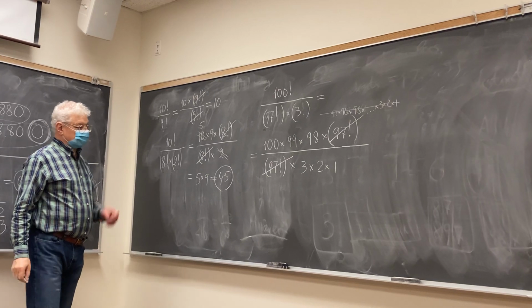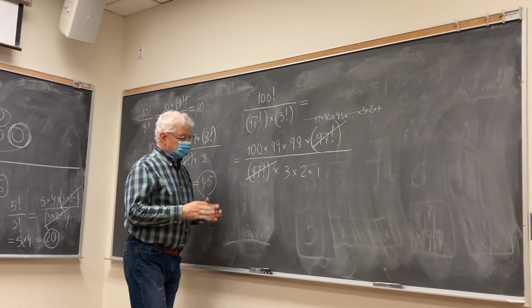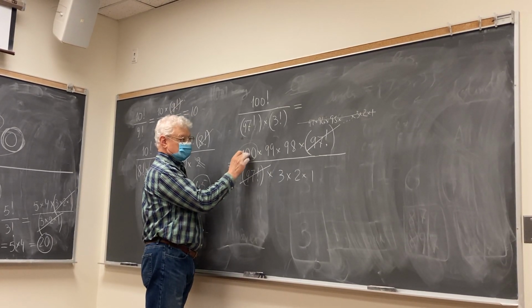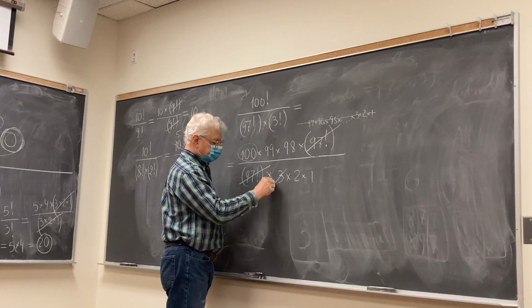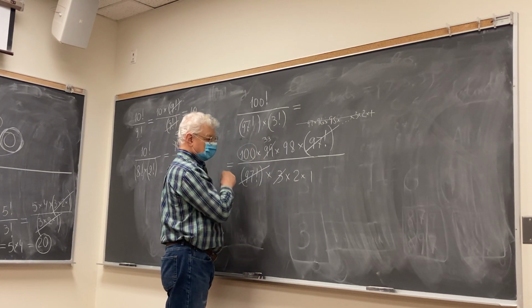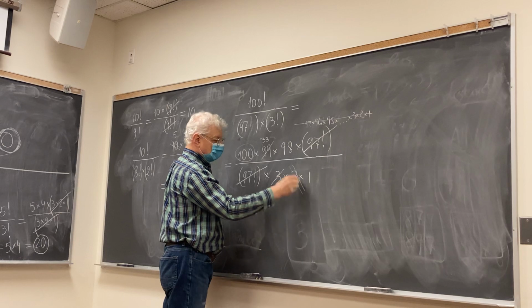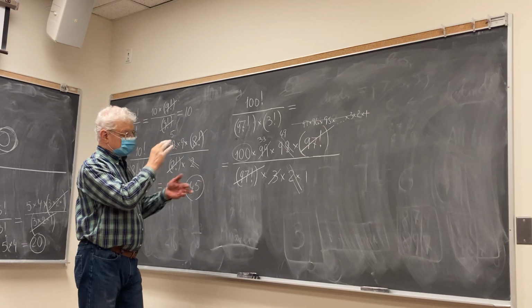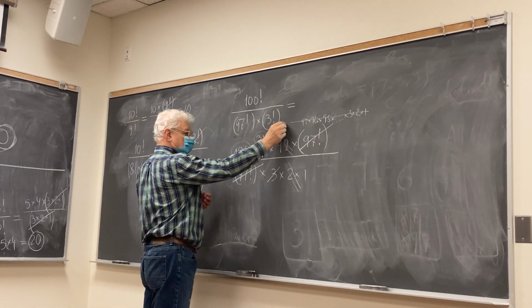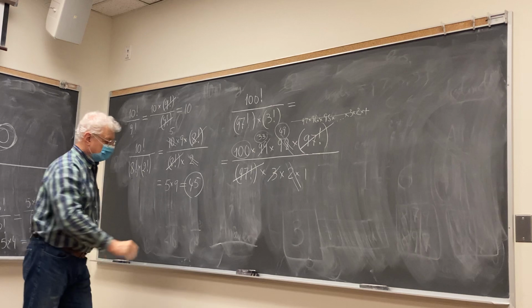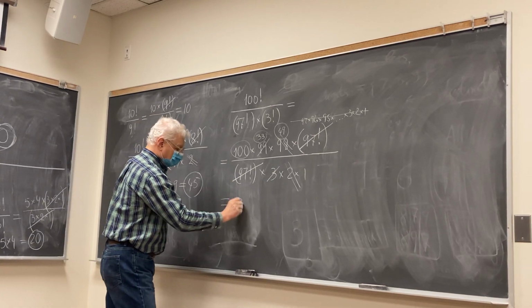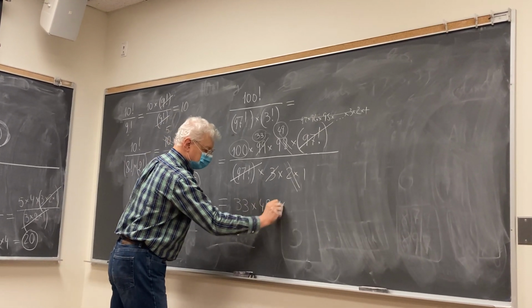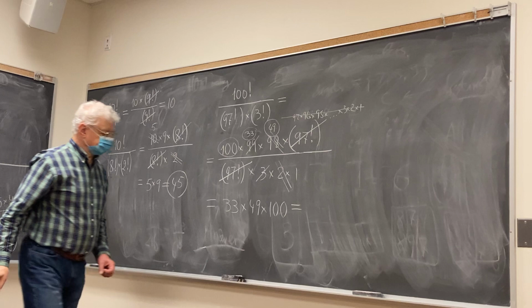What else could you cancel? It's better to leave 100 because it only adds 2 zeros at the end. 3 and 99 give you 33, and 2 and 98 give you 49. Now you can mix everything up, so please circle the numbers to see them clearly. Let me rewrite it in a different way: 33 times 49 and times 100 equals,